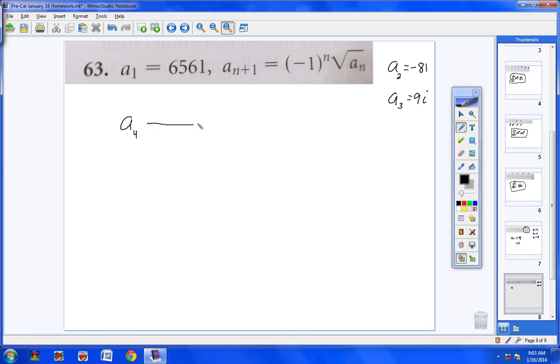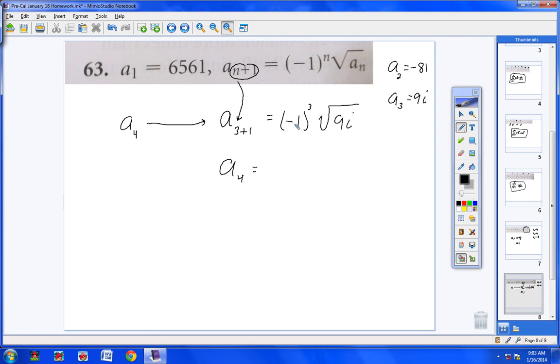We're looking for the fourth term. So this n plus 1 should be a 4. So I'm going to put a 3 plus 1. And notice for n, I put a 3. So n is now 3. So -1 to the third power. And then this would be a 3 right here because I put a 3 in for n. So the third term is 9i. All right. Now 3 plus 1 is 4. So I have a subscript 4